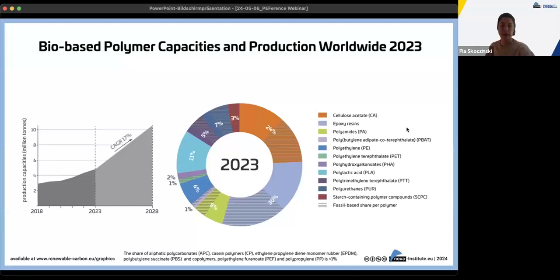So these were the production capacities for the bio-based polymers in 2023. And when it comes to the actual production, we had an actual production of 4.4 million tons in 2023. And the major share of these bio-based polymers produced were coming from cellulose acetate and epoxy resins, altogether making up over half of the bio-based polymers produced in 2023,